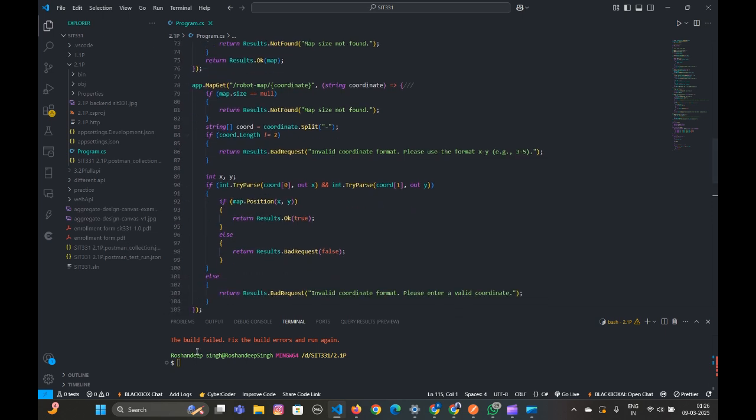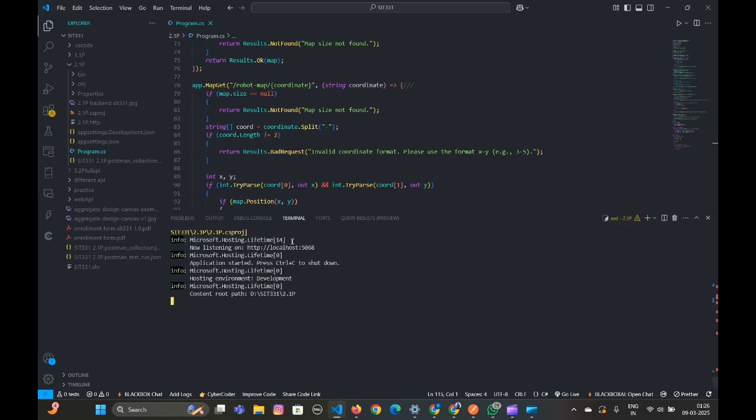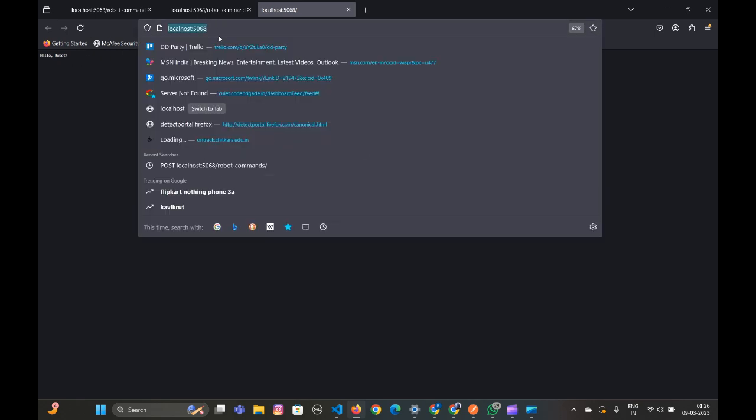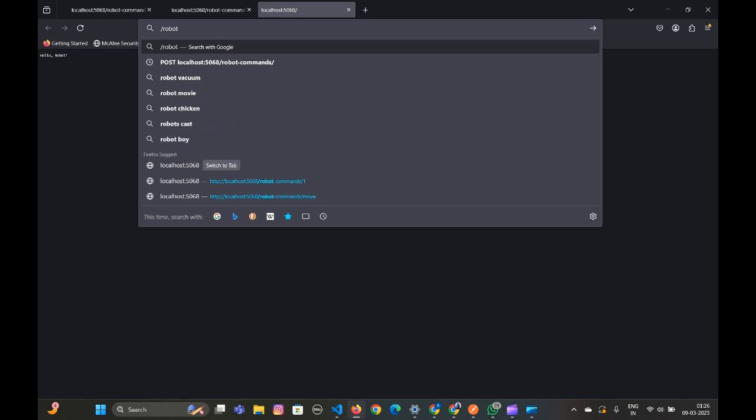Now I will show you the working of the code. Initially I will show it in the localhost, and then I will also show its working in Postman. As you can see, for now there is no endpoint, only slash is the endpoint, so it is displaying hello robot. But after I add an endpoint like robot commands